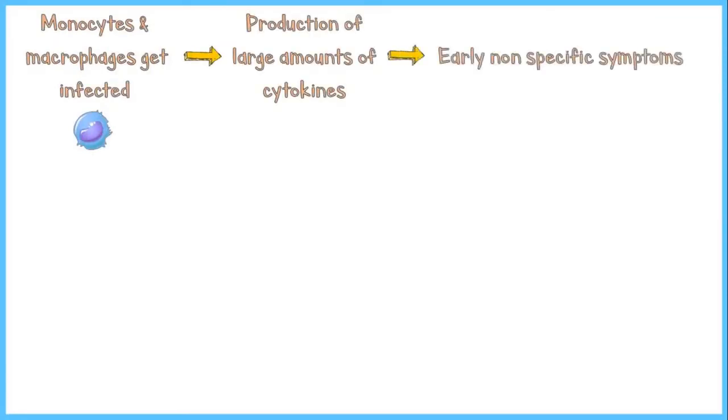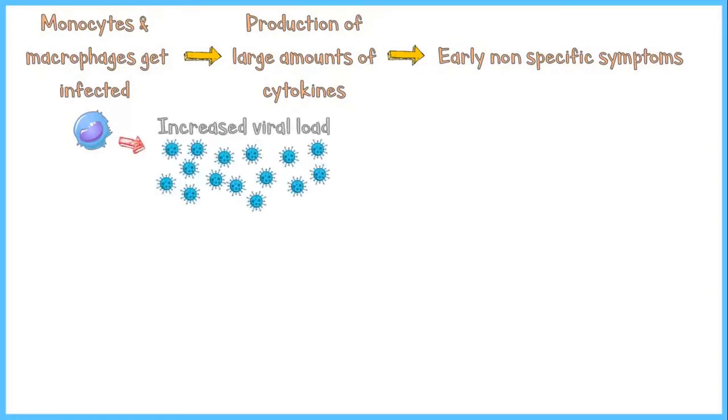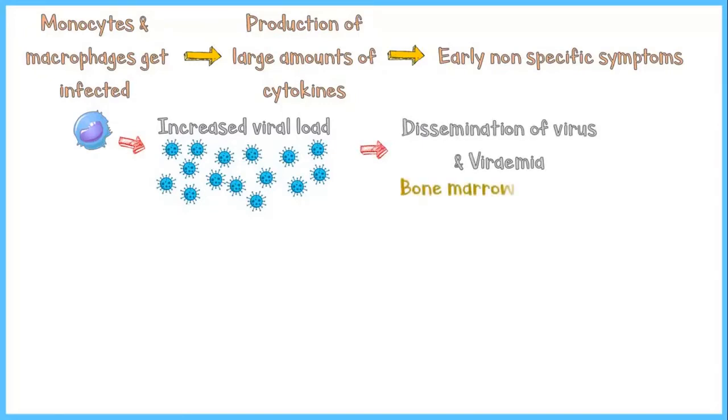When these cells become infected, they secrete large amounts of cytokines into the bloodstream, which mediate the early, non-specific symptoms of the infection. Not only that, when the monocytes and macrophages get infected, they are unable to halt viral replication, and this will result in increased viral load, while the host monocytes and macrophages undergo death by apoptosis. Increased viral load will result in dissemination of the virus via the bloodstream to reach the vital organs including bone marrow